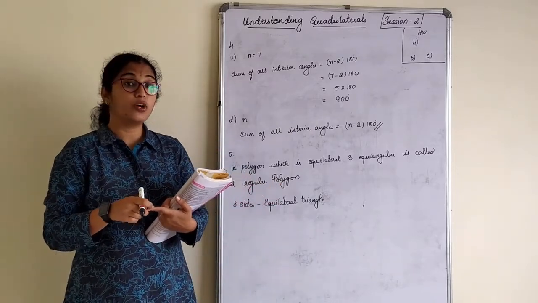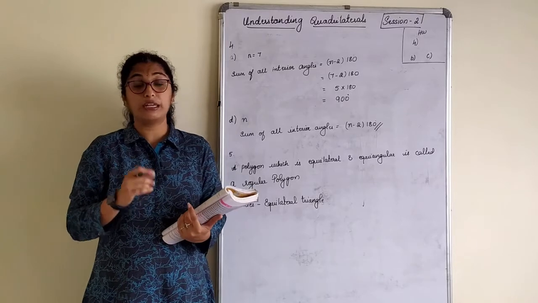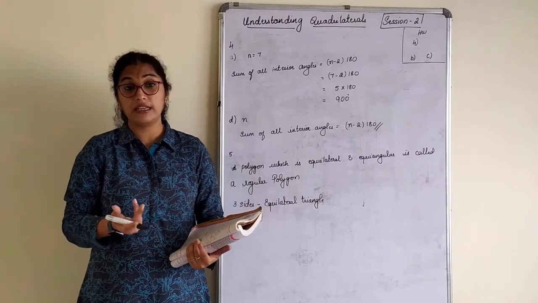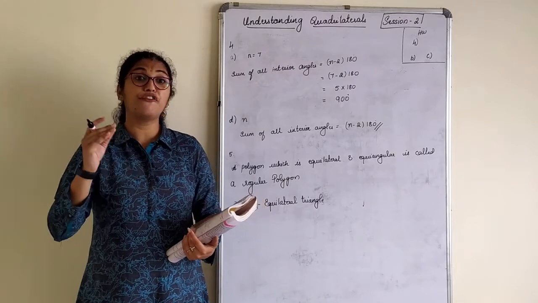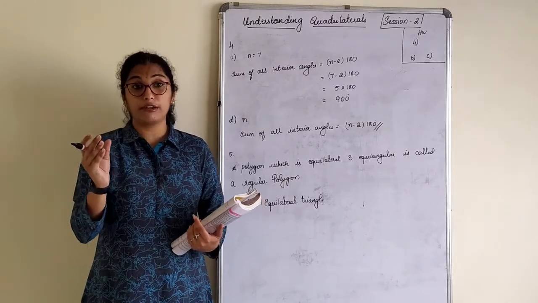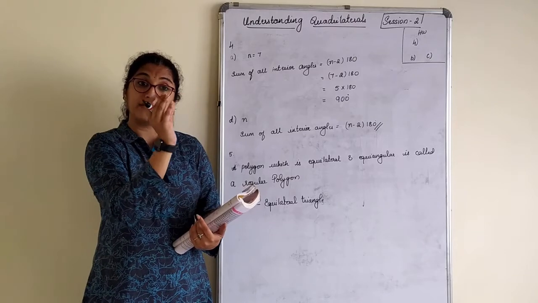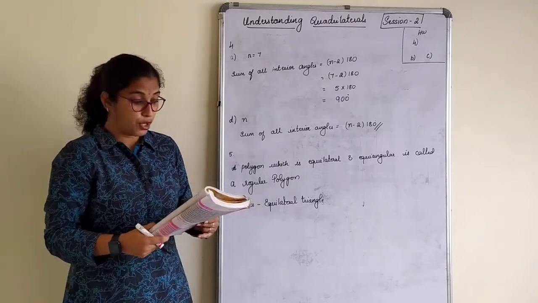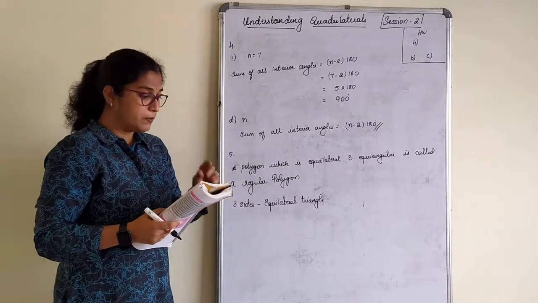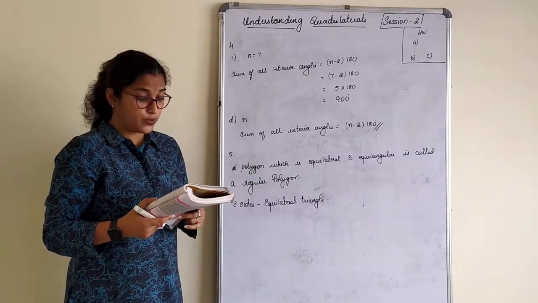If I ask you to name the regular polygon of 10 sides, the answer will be regular decagon. A regular polygon of 8 sides, regular octagon. That is how you have to write, by just adding the prefix "regular" and then the name of the polygon. Right? With that we complete the first basic simple names which were given.